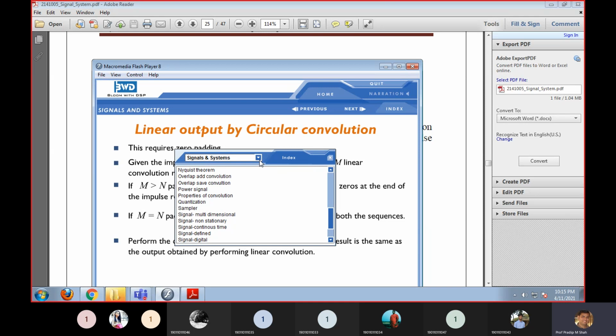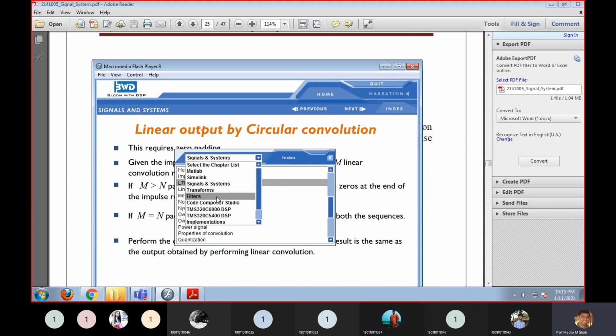In the same way, if I want to define the step response, it means I apply a step signal as an input. We already know how we define the step signal: u of t is 1 for t greater than or equal to 0. That is the definition of a unit step signal. If I apply the unit step signal to the system, whatever output I get from that system is called the step response. Is it clear about the definition of unit impulse response and unit step response? Yes, sir. Okay, fine.